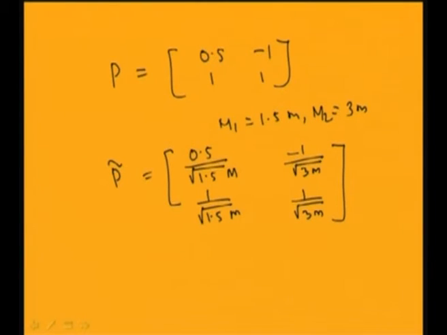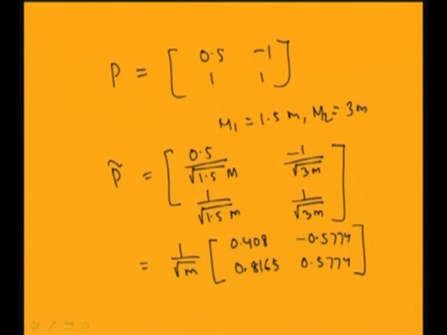So I can take this root m outside. So this becomes 0.408, minus 0.5774, 0.8165, and this is 0.5774. So in this way you can obtain the weighted modal matrix of a system, and now you can check that